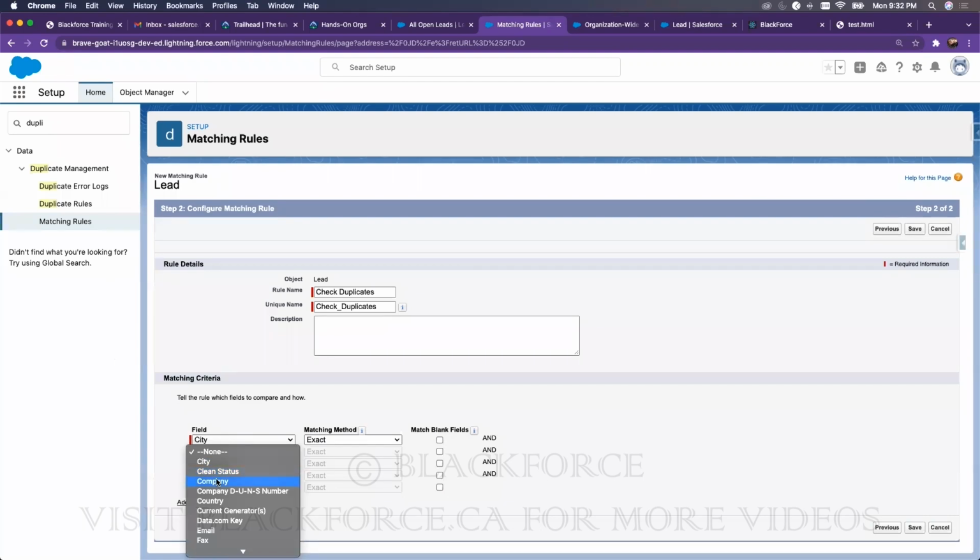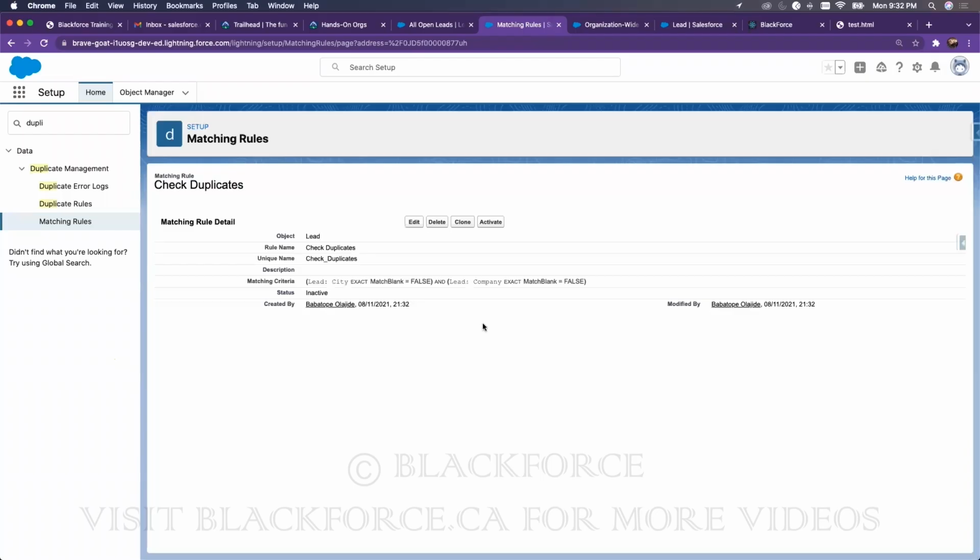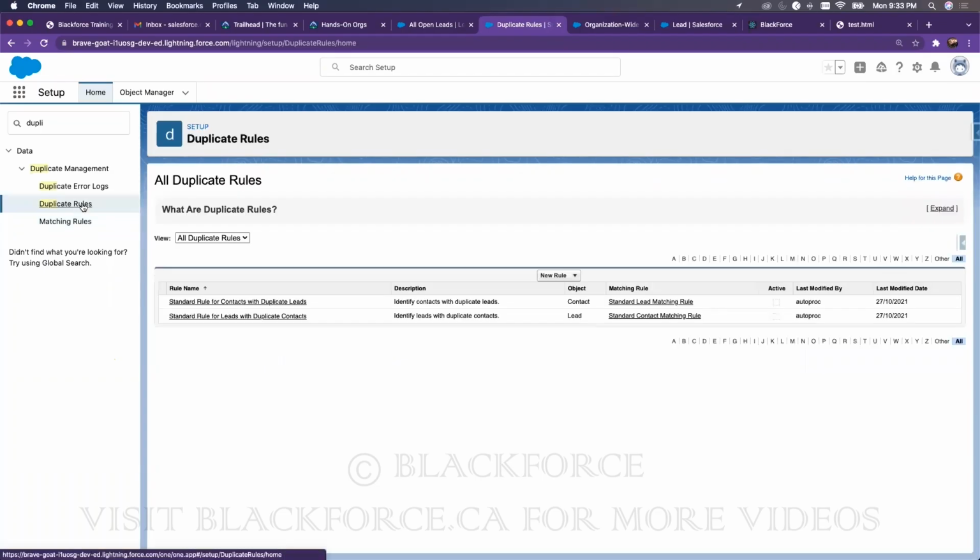If company is matching, then it's a duplicate, okay? Save. Okay, if the city is exact and the company is exact, it's a duplicate. Then I go to duplicate rules